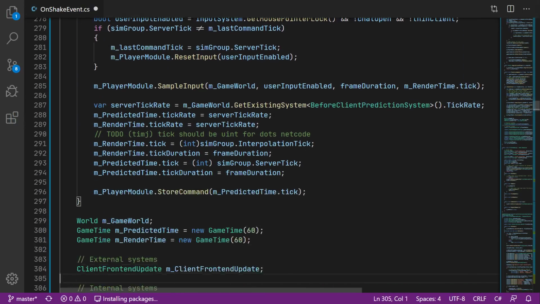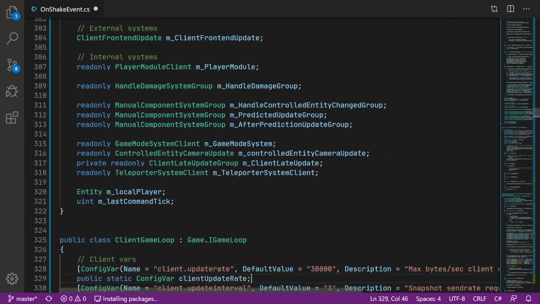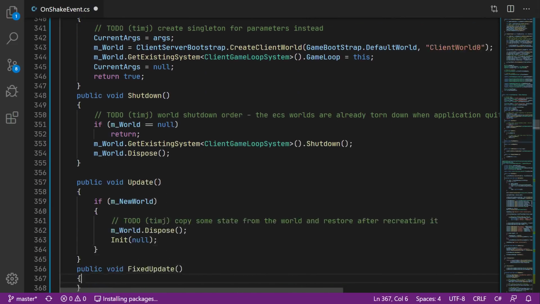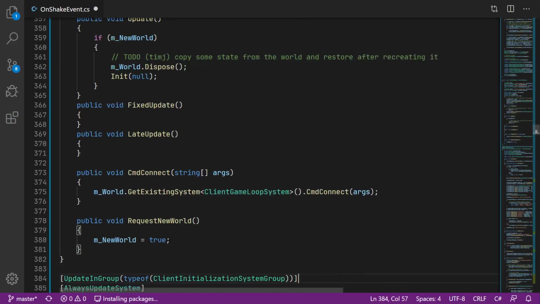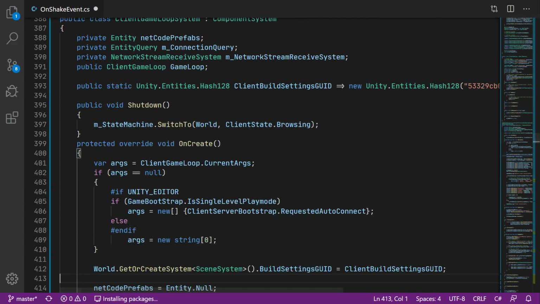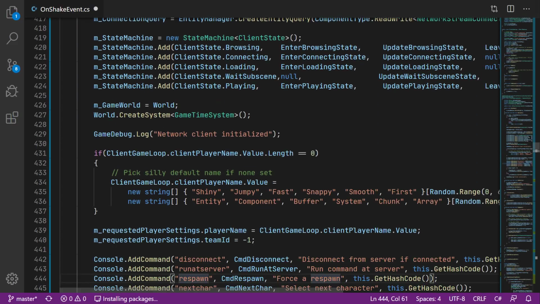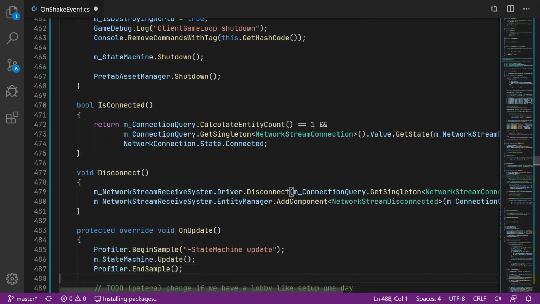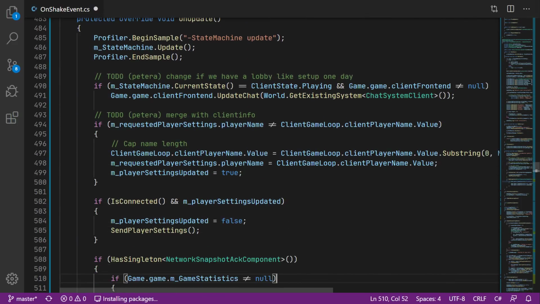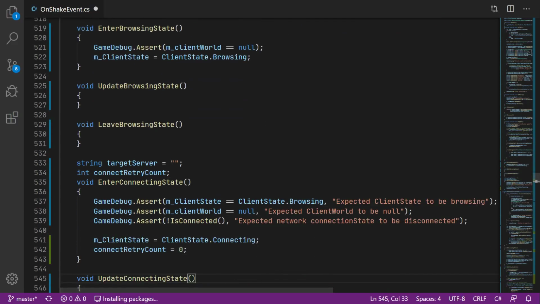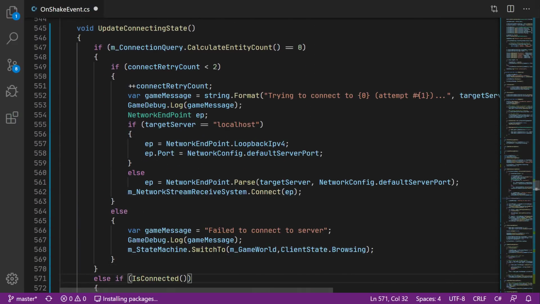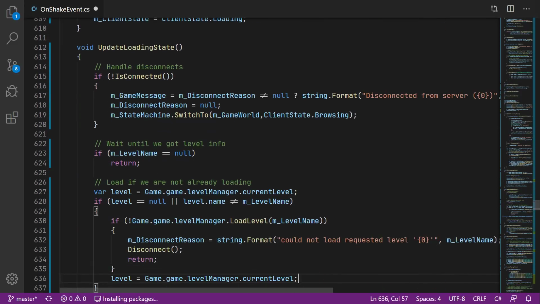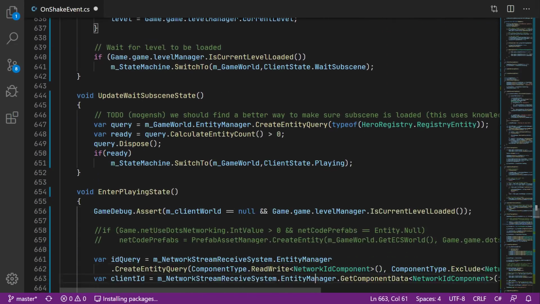Now, with the move to DOTS, or the data-oriented technology stack, that's a combination of things like entity component systems, the job system, the burst compiler, and all this other jargon. They're also creating a new visual programming language, but it is very, very young at this point in time. Now, you will find that build times in Unity are literal fractions of the build times required in Unreal Engine. That's a huge difference between the two. The amount of time it takes to run C++ code versus C# code is profound.